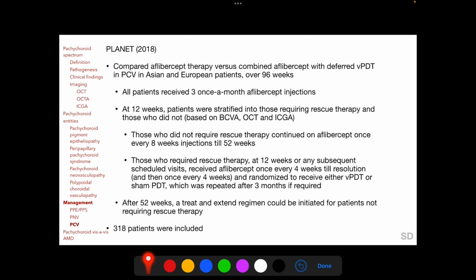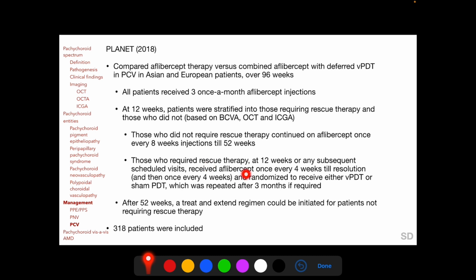The PLANET trial compared aflibercept therapy versus combined aflibercept with deferred PDT in polypoidal choroidal vasculopathy patients of Asian and European origin, also over 96 weeks. All patients received 3 once-a-month aflibercept injections, and at 12 weeks, patients were stratified into those requiring rescue therapy and those who did not require rescue therapy. Those who did not require rescue therapy continued on aflibercept injections once every 8 weeks, but those who required rescue therapy at 12 weeks or any subsequent scheduled visits